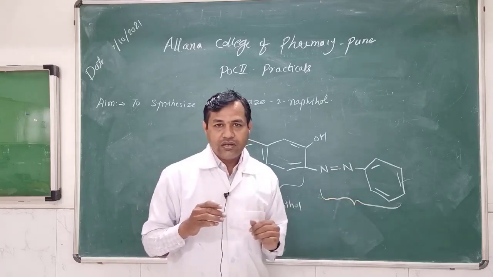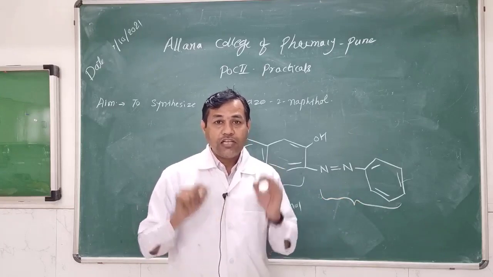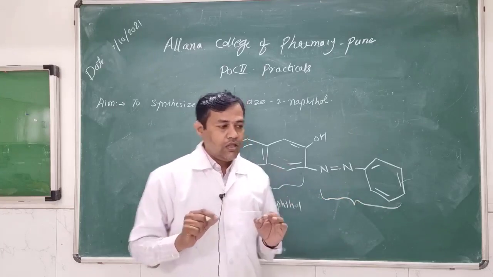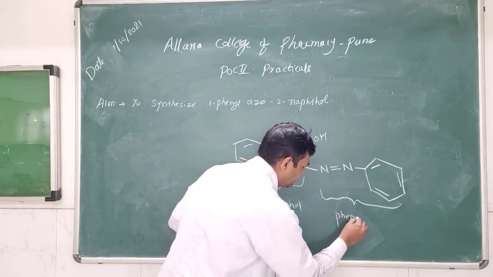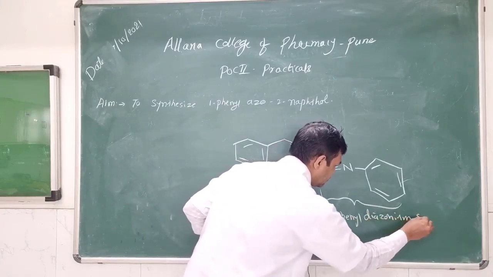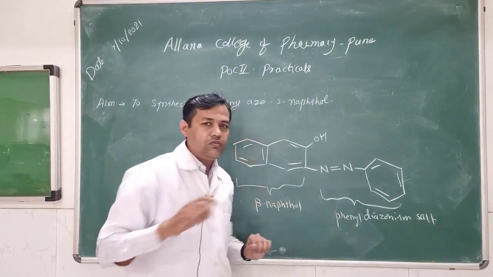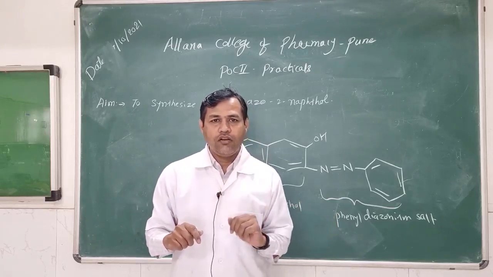What is that reaction? If you recall, yes, very good. That reaction is a diazotization reaction. Here it is a phenyl diazonium salt. That means we will be needing aniline, NaNO2, and concentrated hydrochloric